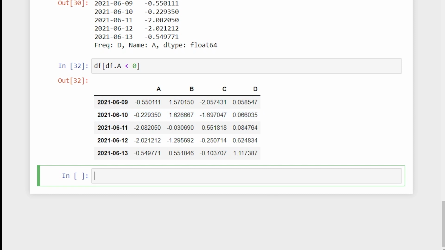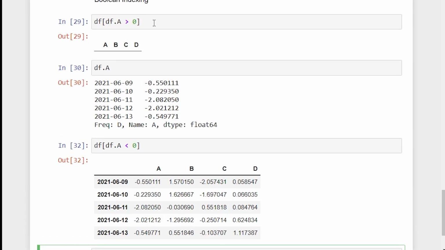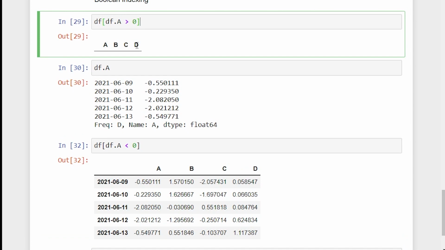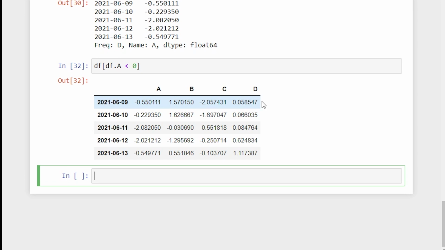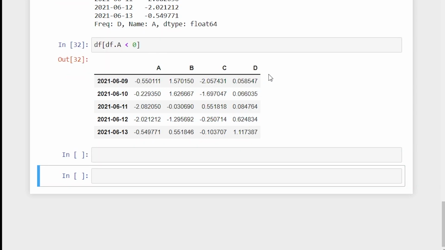Boolean indexing gives me values in association with some condition, which is either true or false. Since this condition was false over here, it gave us nothing, but here it was true and it gave us all the values. You can perform a lot of stuff with this. There are no limitations, please understand it. You can work on a similar set of functions. So this was some of the basic pandas, and what else can we do?